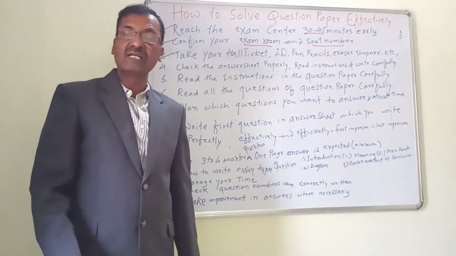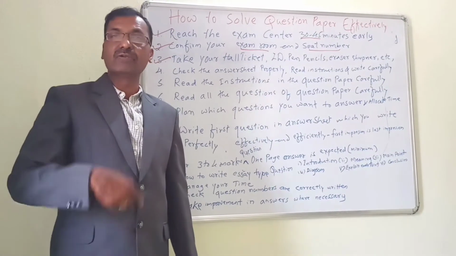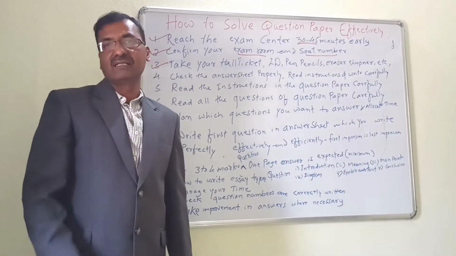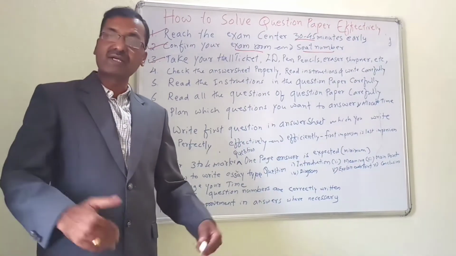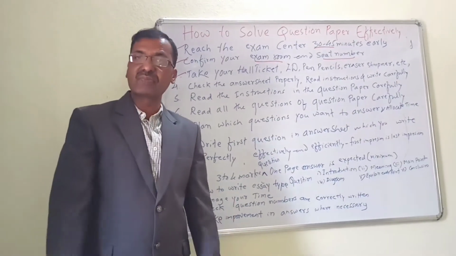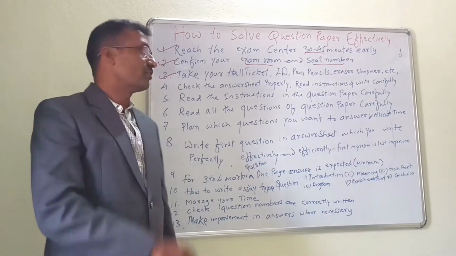If it is damaged or not stitched properly, or the page numbers are not proper, you have to ask the supervisor and take another answer sheet and check again. Once you know that the stitching, page numbers and lines are proper and it is not damaged, then you have to go for